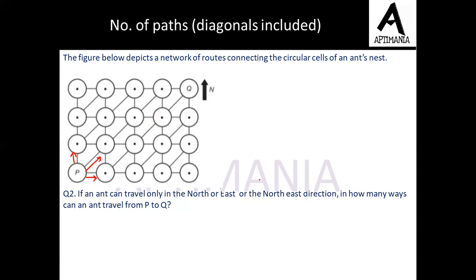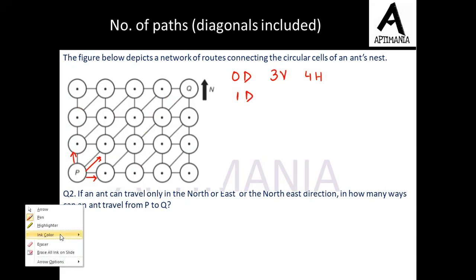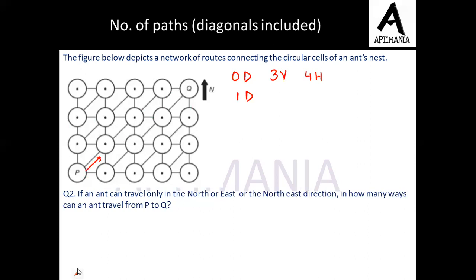Now let's make the cases for the same. As in the previous case, we discussed that there can be a way when the ant is covering 3 vertical and 4 horizontal. So when I'm talking about this particular case, the ant is taking 0 diagonal steps. The ant is simply moving vertically or horizontally. Let us take a case when the ant is covering one diagonal step. So let's take an example. If I take it like this, this is the first diagonal step that the ant is taking. So the ant has reached this position. After that, 1 vertical, 2 vertical, 1, 2, and 3 horizontal.